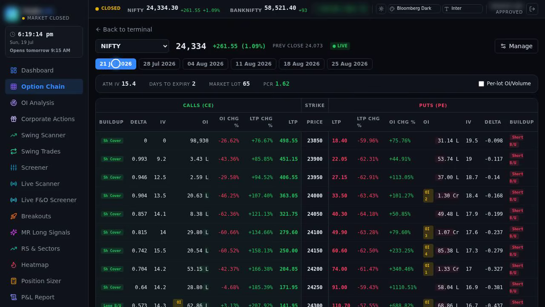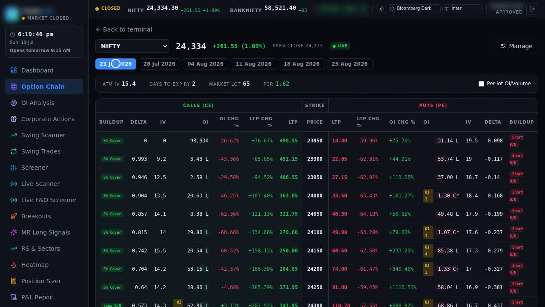Now just below, you'll see these tabs. These are the expiry dates. This is important. Unlike a share, an option does not live forever. It expires. A weekly option expires this week. A monthly option expires at the end of the month. The nearer the expiry, the cheaper the option, but also the faster it loses value as the clock runs down. So choosing an expiry is a real decision, not a detail.